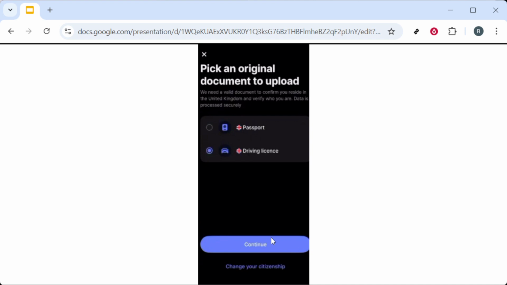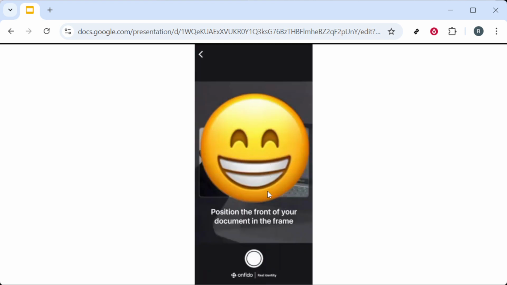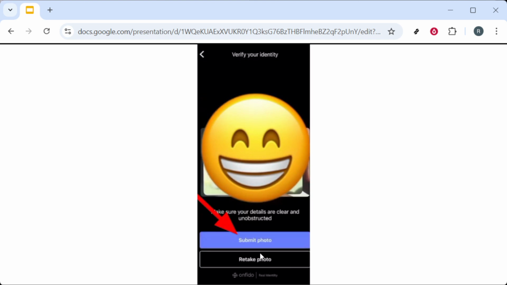Start capturing your ID. Place it on a flat, well-lit surface and avoid glare. Clean your camera lens, hold your phone steady, and fit the entire ID within the frame. If both sides are requested, capture the front and back clearly. No filters, no edits, and don't upload scans or photocopies. When the preview looks sharp and all details are readable, tap Submit Photo and wait a moment for the upload